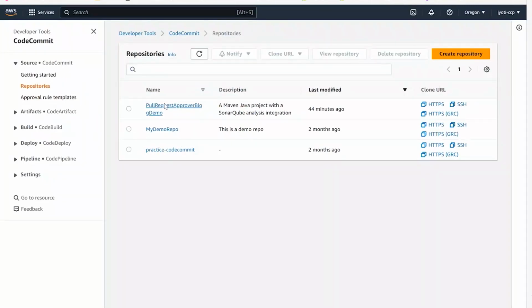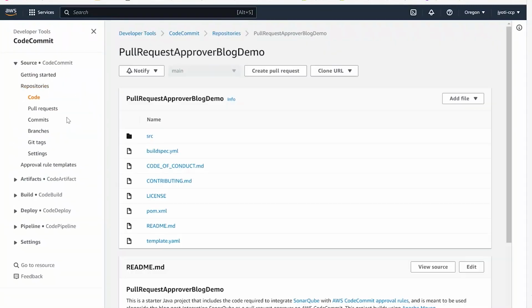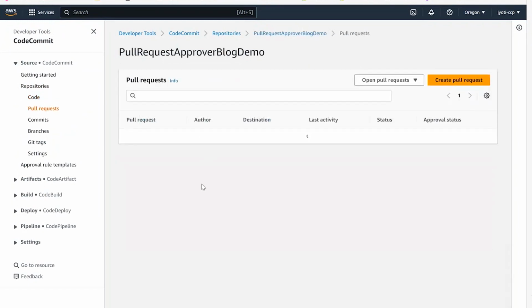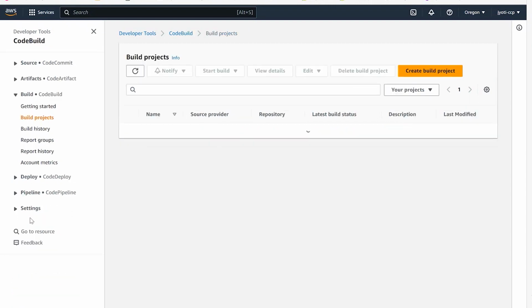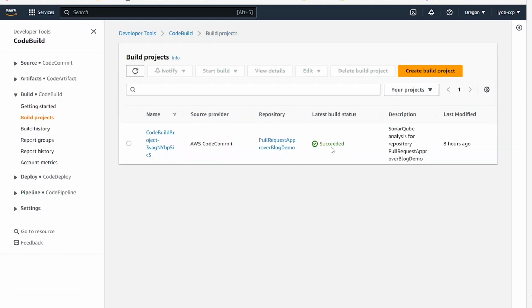This is my code. This is the pull request which I had created. Okay, this was the pull request. What do you see? The approval status is approved. This was not approved manually, but through this particular rule. Yeah, and then if you go to the CodeBuild project, here you see